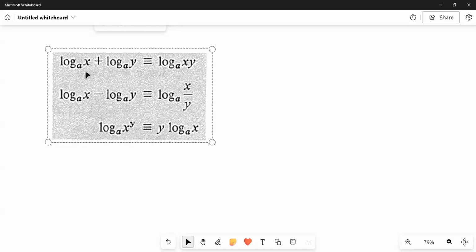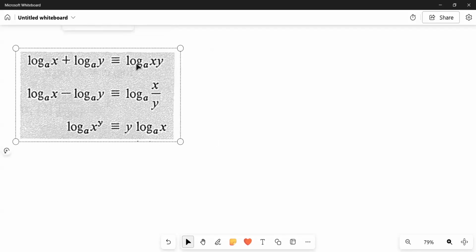So if you have the sum of two logarithms, right? It's equal to the logarithm of the product of x and y. So here you have the logarithm of x plus the logarithm of y. Notice we're using a common base. Some textbooks, when they give you the laws, wouldn't put a base. They expect you to understand that the base has to be common, right? The base has to be common. So the logarithm of x plus the logarithm of y is identical to the logarithm of the product of those two numbers,